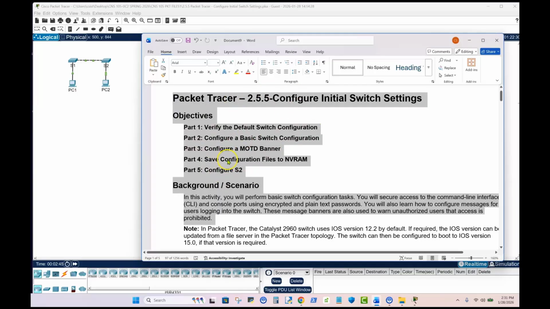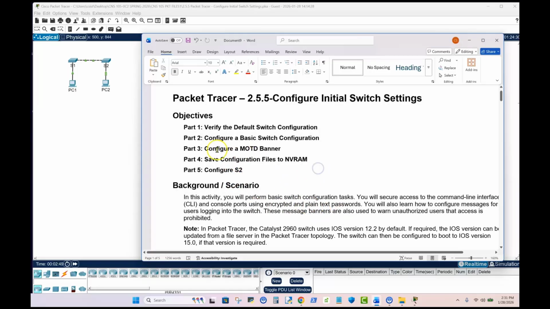When you go into interviews, they ask you questions, and these are the questions they're asking you. They actually verify the default switch configuration, configure a basic switch configuration, configure a banner, save configuration files,